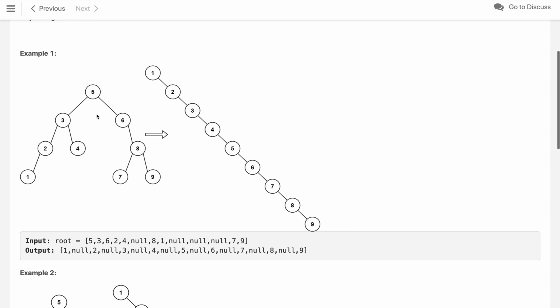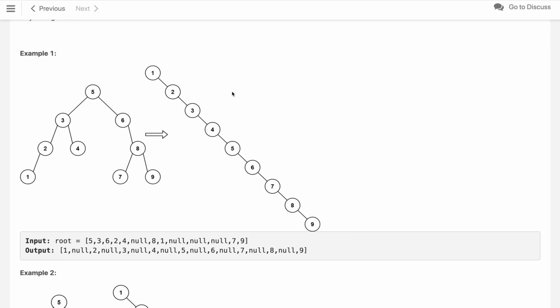This is our binary search tree. As we know, if we do the in order traversal in a binary search tree, we will get the values of our tree elements in sorted way. So, we have to arrange the values in a right-like increasing order tree, where the leftmost value of our in order tree, which is 1, becomes the root of our new tree, and then every value after that, like 2, then 3, then 4, then 5, then 6, will be the right child of our nodes. So, this is how it is given and we have to construct this.